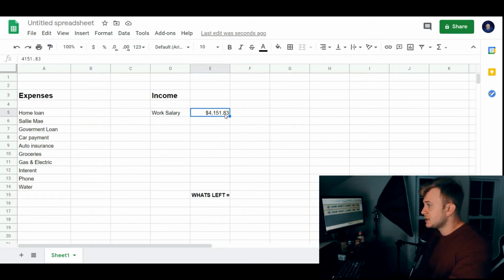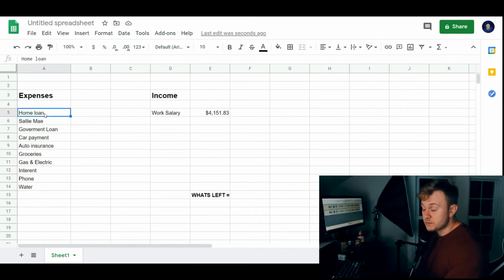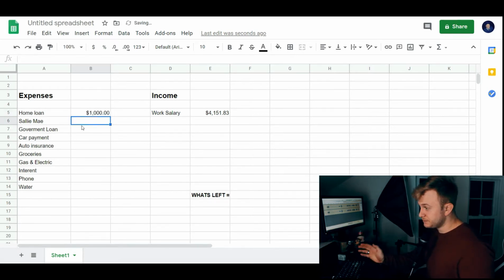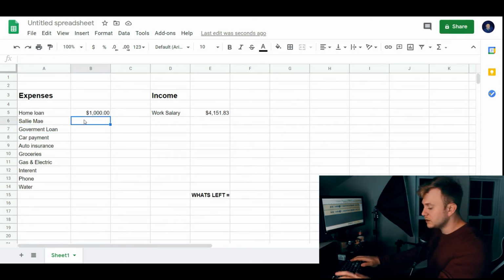Once again, we have to use this to pay for all of these. So, number one expense that I have each month is my mortgage loan, and that is $1,000. I think it comes out to $998, but I just set it to do an auto charge of $1,000 on the first of every month, and that's a 30-year mortgage right there. The next payment I have, Sallie Mae, is my private student loans. I'll probably be making a separate video regarding these two loan accounts. Each month, I pay